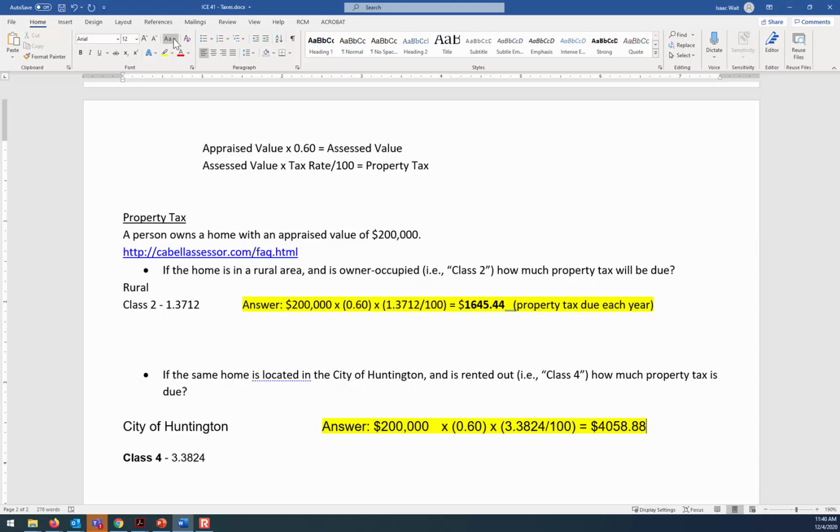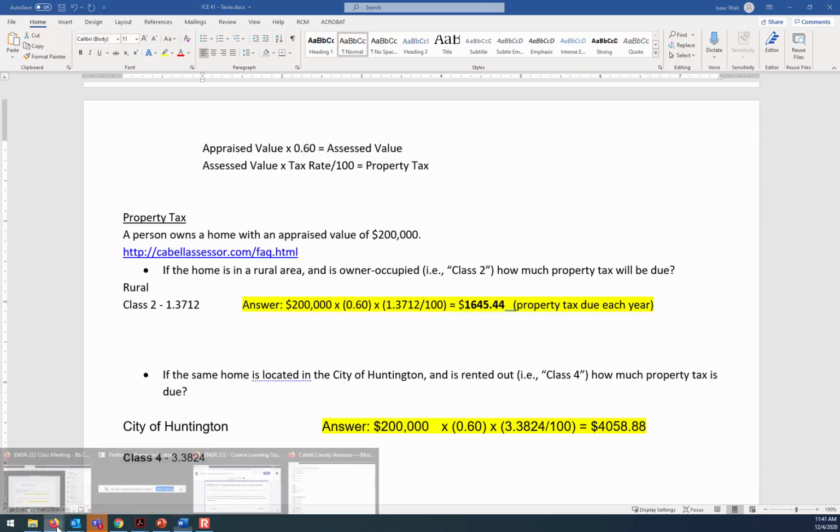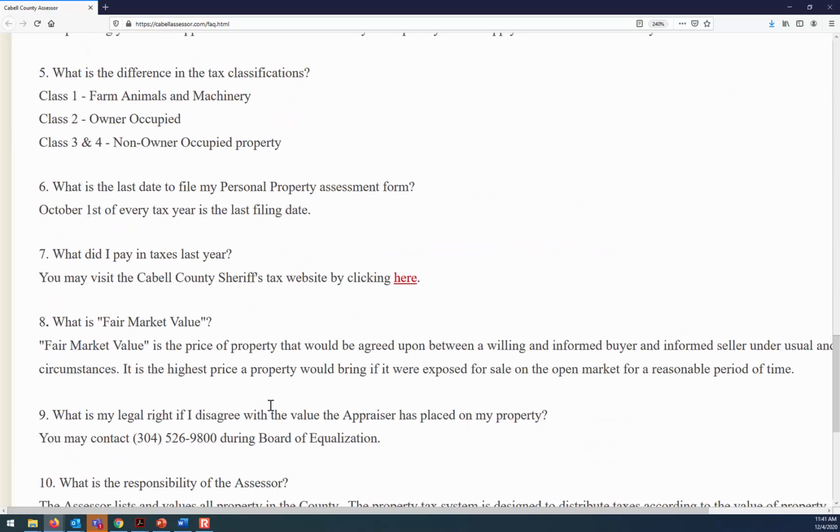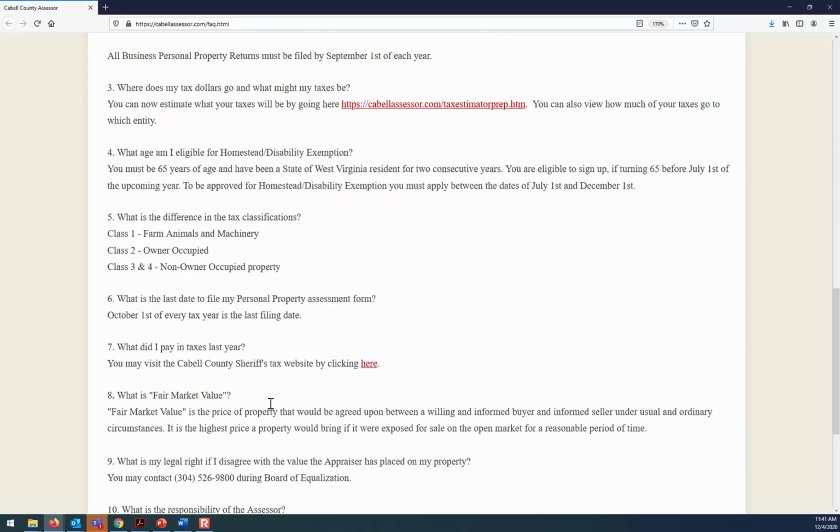It's pretty strange that they have like appraised value and assessed value. It seems like it would be more natural if they just reduced the tax rate so that it could be applied to the appraised value. This multiplying by 0.6 seems like a strange, unnecessary step, but you know, whatever. All right, so that is property tax. And one of the interesting things that we can get off of this website is they say where